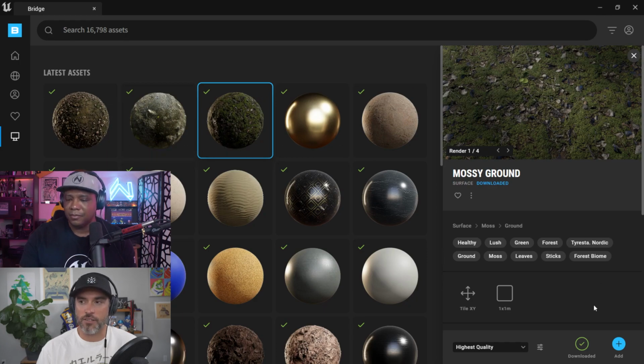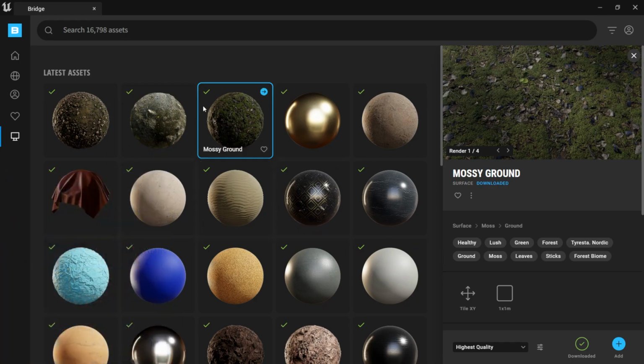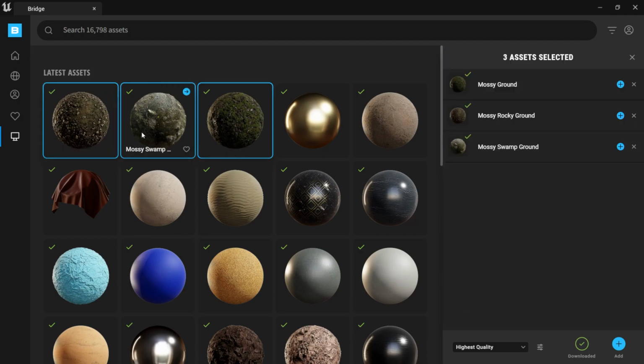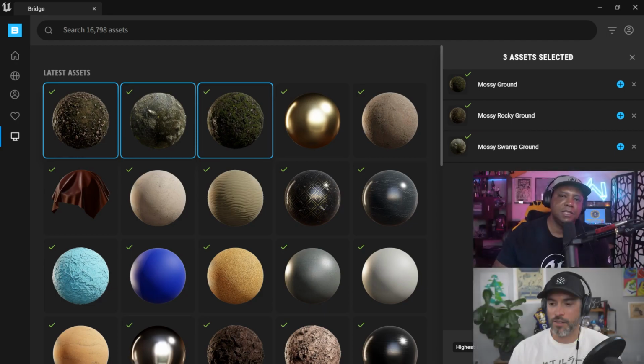So awesome. Getting back into it, I'm actually going to select these three materials and add them to my scene. If you didn't already have them downloaded, you would just hit the download button. It gives you your percentage right there. Once it's done, you'll get a green check mark, and then this blue button down here for add will pop up. So I'm just going to click on add and give it a second because it's going to populate inside of Unreal. But once it does, I'm going to show you guys how we could take these three materials and turn them into a blend material